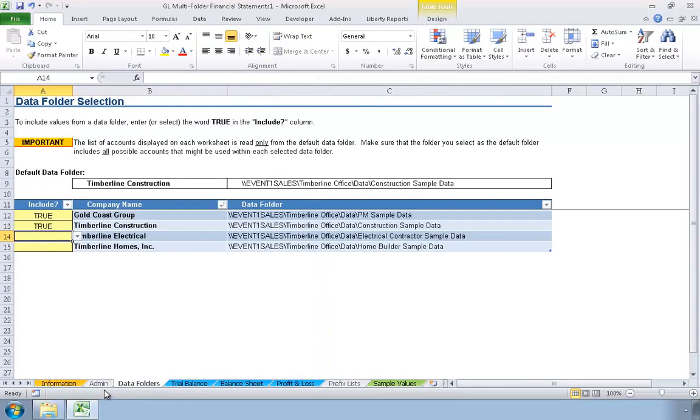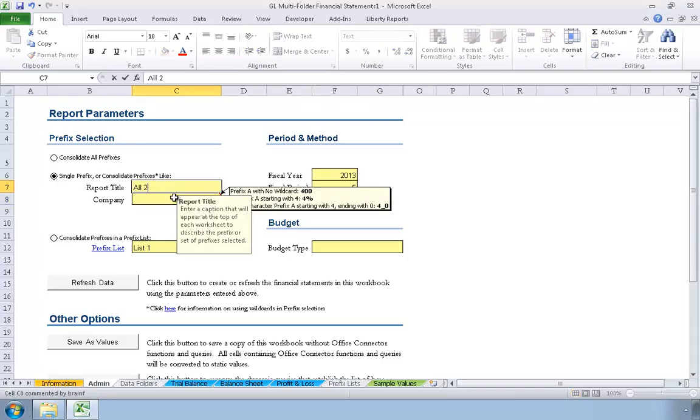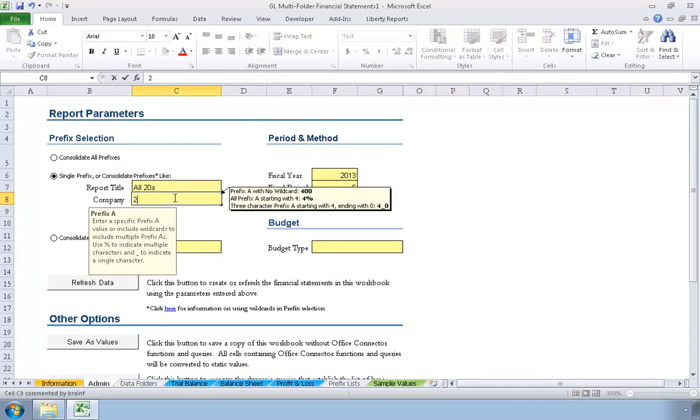Okay, so that's pretty much everything for this report. Again, just like the other ones, we want to put it through its paces relative to trying different combinations of things. So, for example, if we selected the single prefix option and then said, all 20s, and we put 2% here, meaning any prefix that starts with a 2, we'd want to confirm that that's